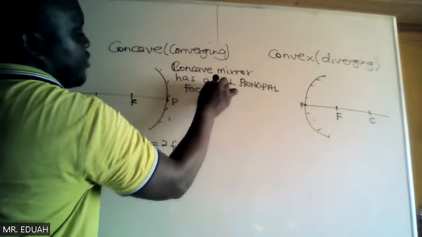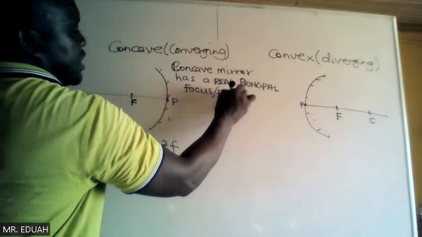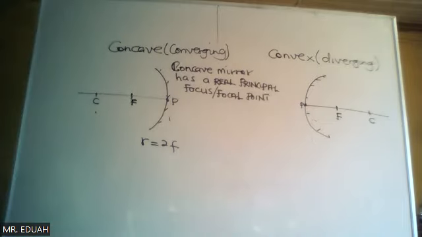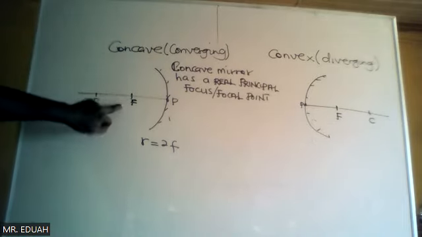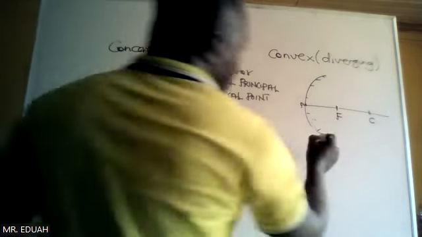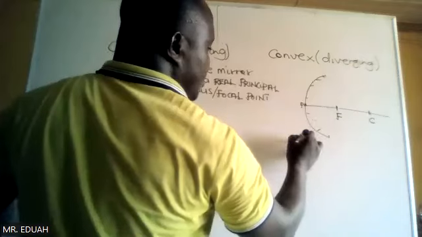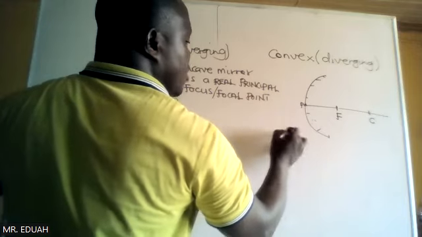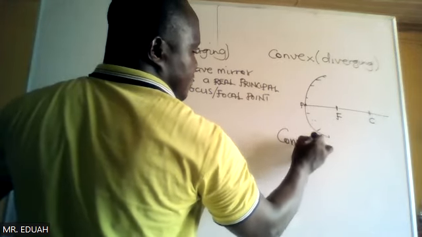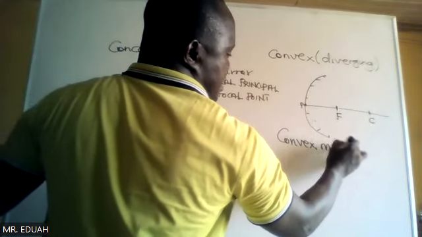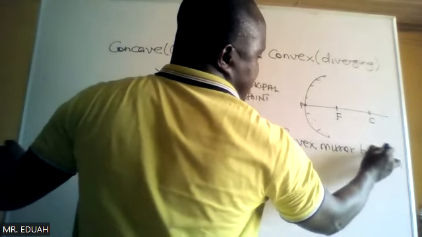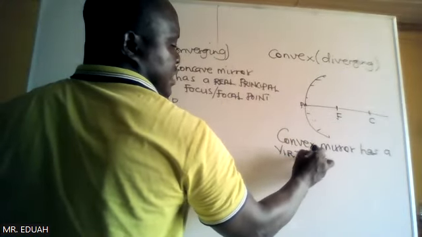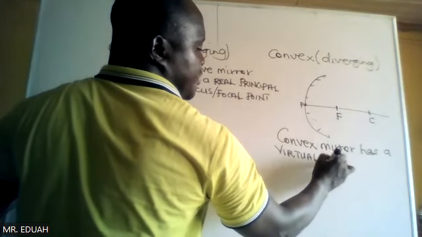It is either principal focus or focal point. So for concave mirror, its principal focus is real. For convex mirror, its principal focus, so convex mirror has a virtual principal focus